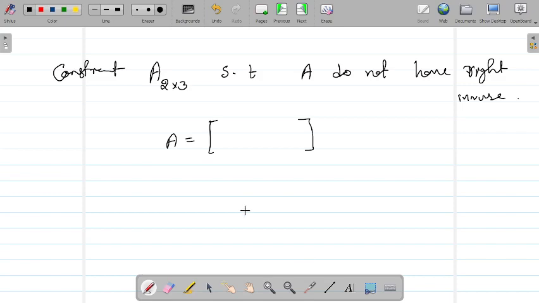I'm asking 2 by 3, no? Simple, sir. You do one thing. You just take this 1 0. The rest of them you keep it zeros. That's it. Okay. Now, if you look at this matrix, whatever B you take,